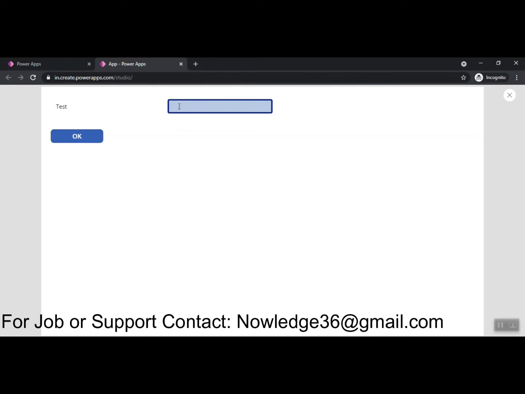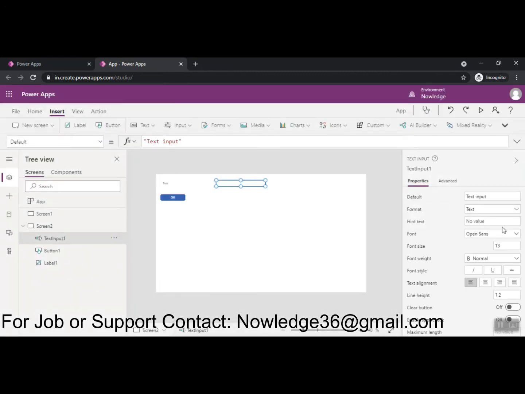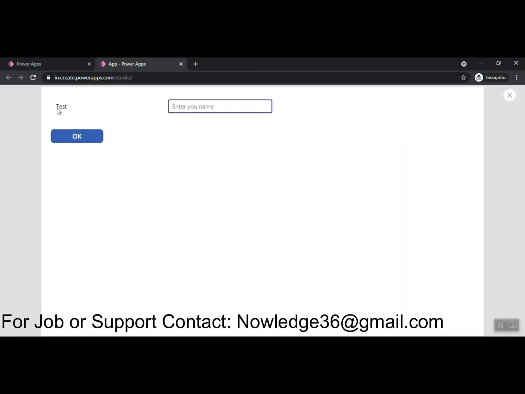But if you don't want it to be edited, you can click on this, remove this default, and give a hint text, like enter your name. Now we can't edit it when you play the app, but it just asks us to enter the name. This is the difference between a label and a text input.